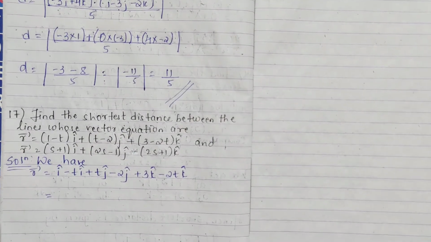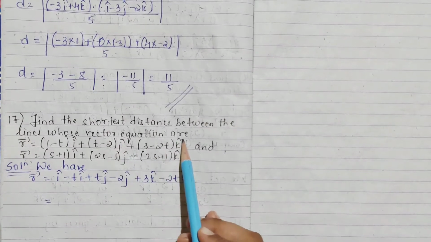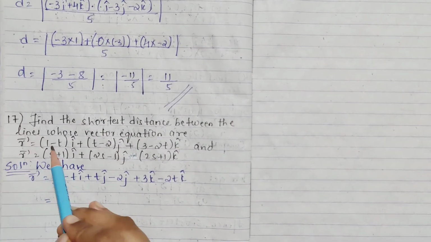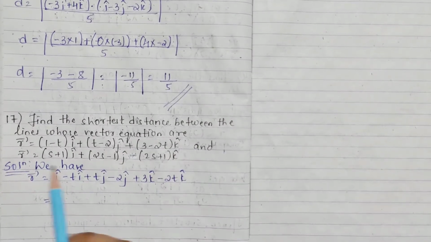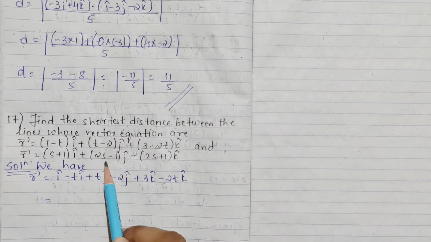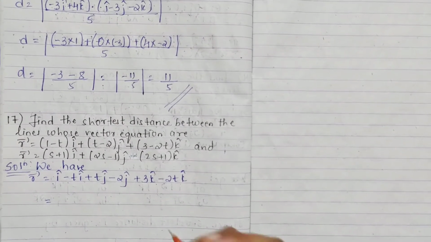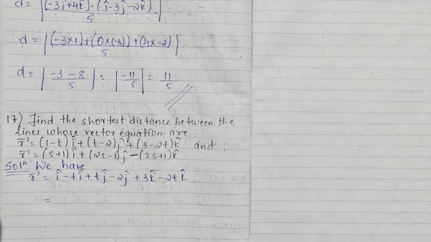Next question, 17th one. Find the shortest distance between the lines whose vector equations are r equals (1 minus t) i cap plus (t minus 2) j cap plus (3 minus 2t) k cap, and one more they have given, r vector equals (s plus 1) i cap plus (2s minus 1) j cap minus (2s plus 1) k cap. So here you can see